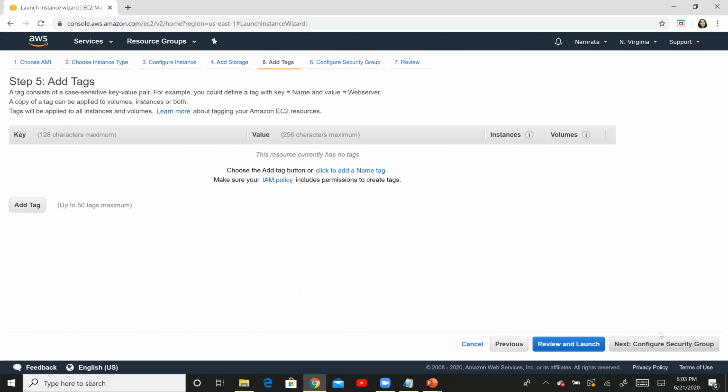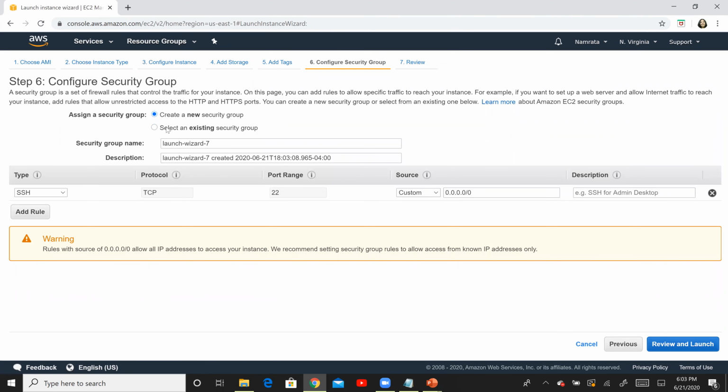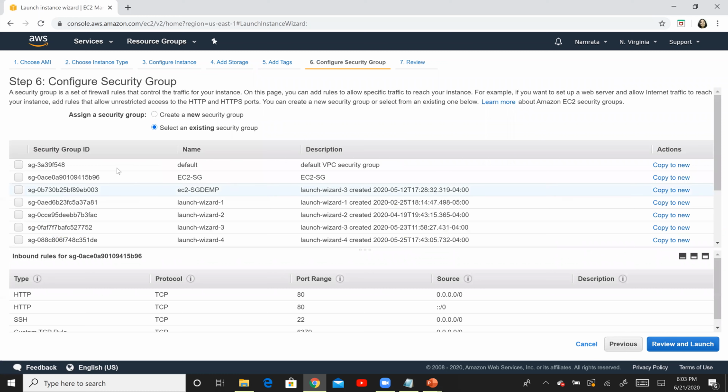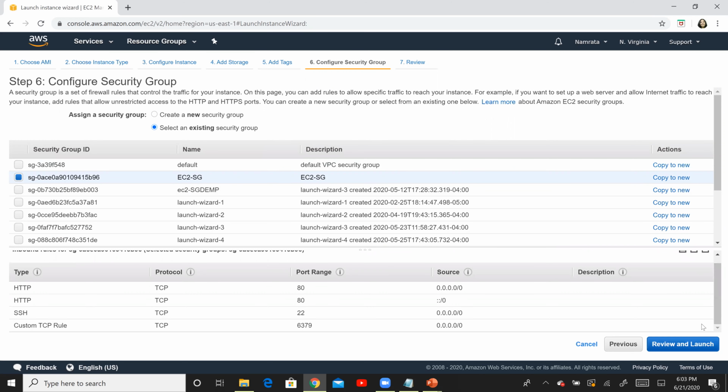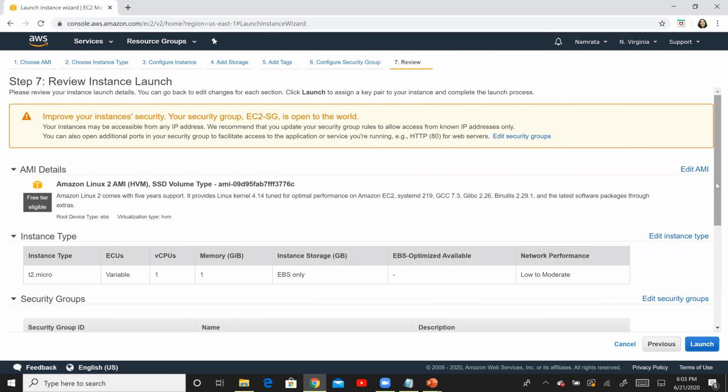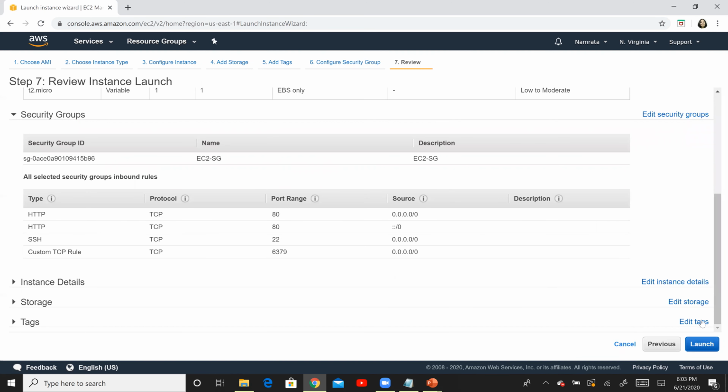Okay, click on next. Click on next security group. Now, if you have an existing security group, go ahead and use that, but ensure that that group has port 22 enabled. If not, go ahead and create a new security group. In my case, I have an existing group EC2SG, and that has port 22 enabled. Now, it has other ports as well, but for this particular tutorial, all that we need is port 22, okay? So this group actually does the job for me. Click on next over here. And we will go ahead and click on launch.